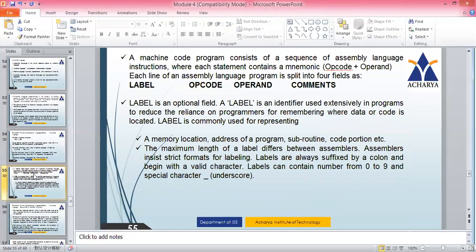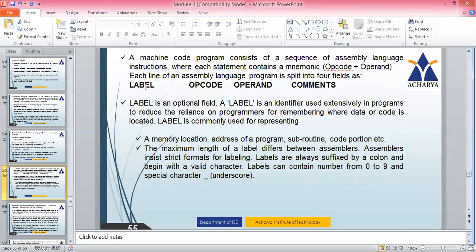So let us summarize. A machine code program consists of a sequence of assembly language instructions where each statement contains a mnemonic, that is the opcode, and operand. Each line of an assembly language program is split into 4 fields. You know opcode and operand, but we can also have one more field called a label and another field called comments.